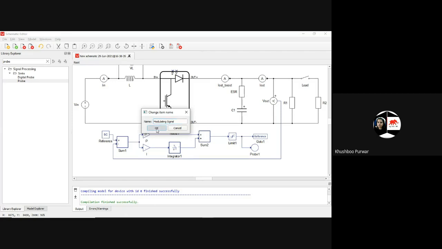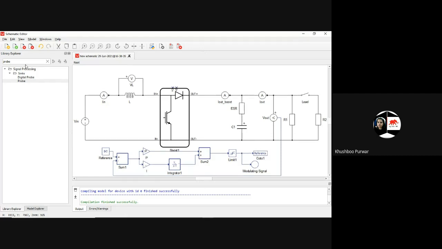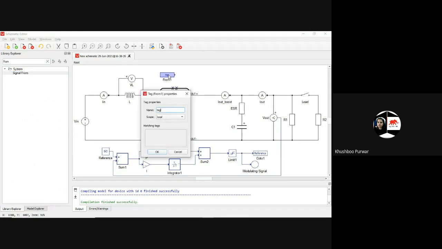So this will give me the output for the modulating signal, this reference which I have provided. So here I will use from. This from signal, and here I will tag it reference.